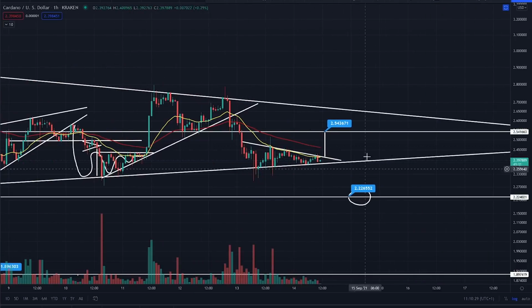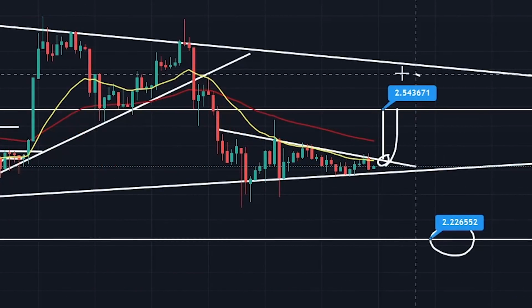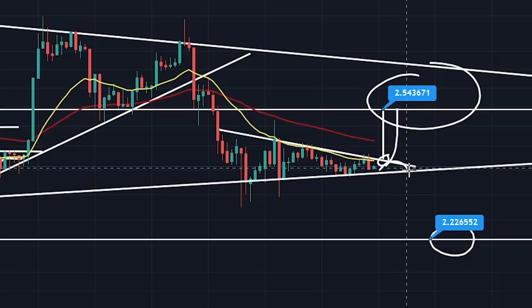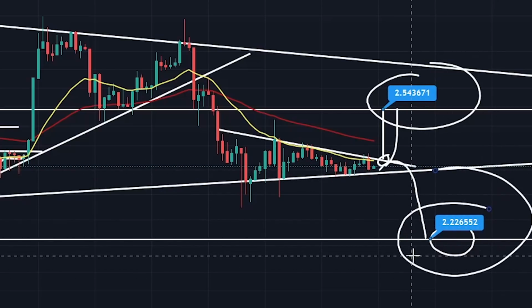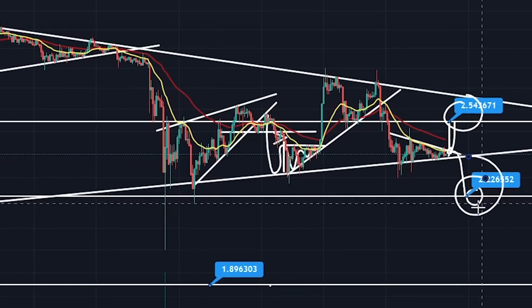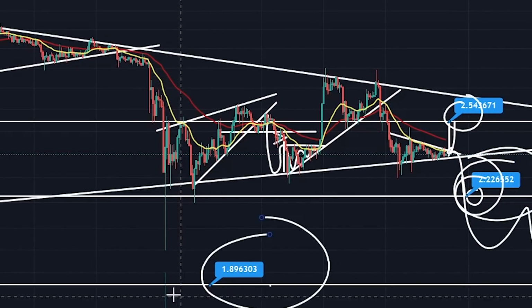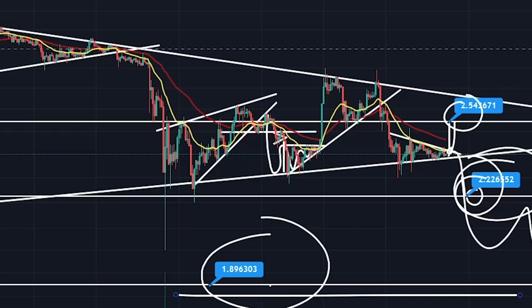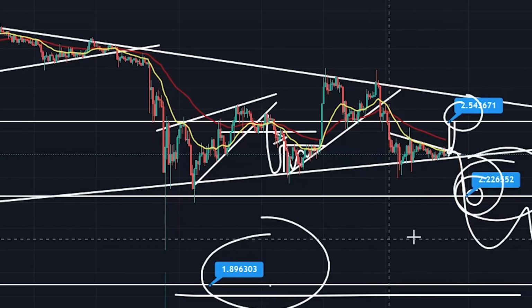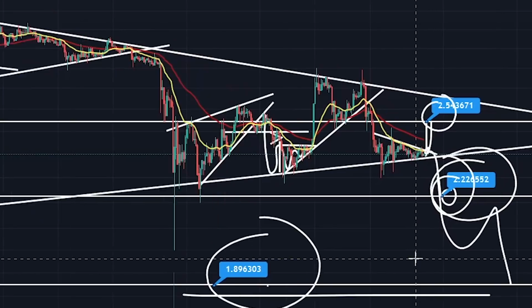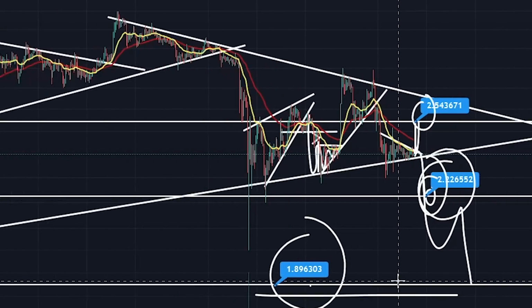So come to your charts, draw this trend line, break this level of resistance just here. You're looking at a beautiful little pump up to that level of resistance, test the support resistance once more. You lose support here, could get quite negative, and you could be looking at a bit of a dump. Now, if you do start to lose that key level of support just there, I would anticipate you're looking at this for Cardano at a $1.89 retest, and that would be a whopping correction across the board right there of around 19-20% for Cardano, coming back down to this low just there. Well, I would imagine you're going to get a massive level of support, and you will be fruitful getting some cheeky bids in right there for Cardano.